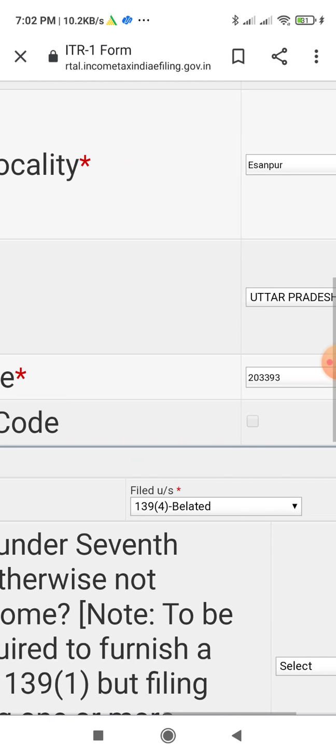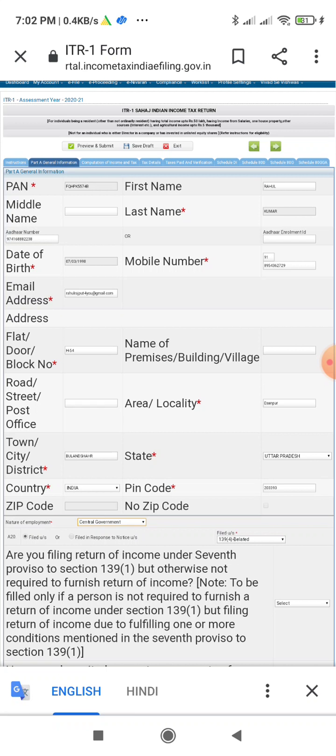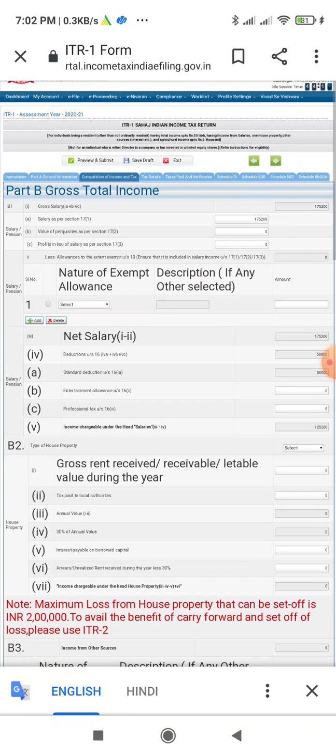And second one is just below the nature of employment, like are you filing return of income under 7th proviso of section 139(1). So here we'll select no.